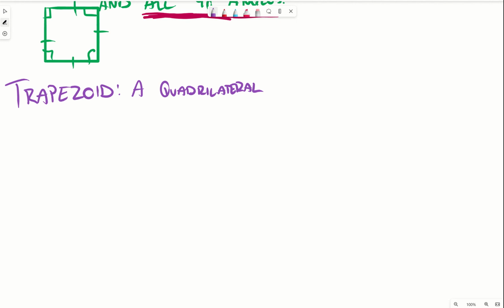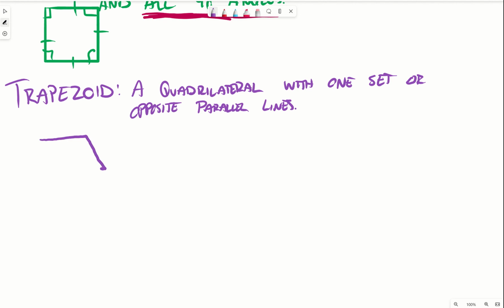A quadrilateral with one set of opposite parallel lines. So a trapezoid is a quadrilateral, but it only has one set of opposite parallel lines. So something like this would be a trapezoid because it has a parallel line here and a parallel line here. They're not the same measure, but they're parallel. They're never going to touch. Another example of a trapezoid might look like this,